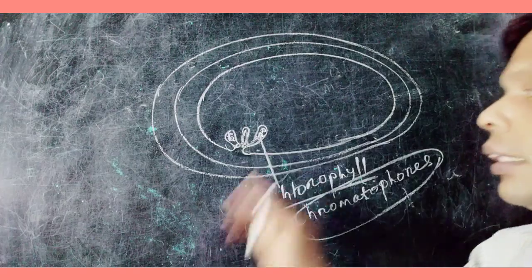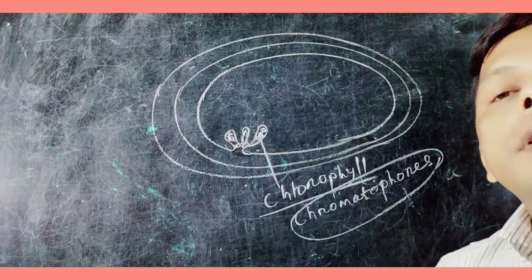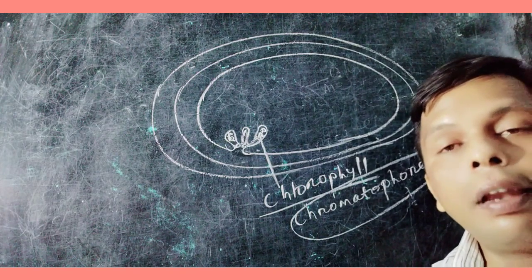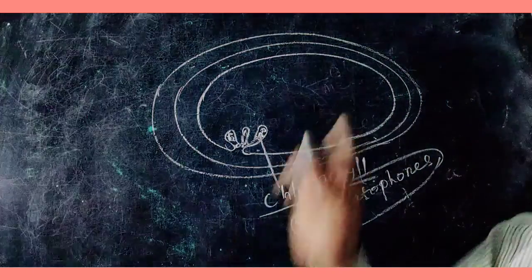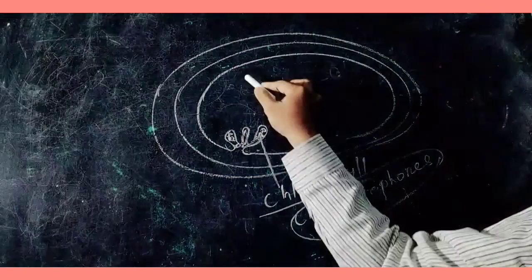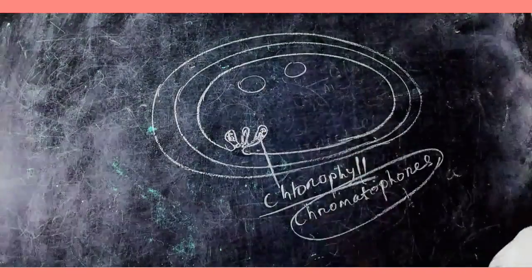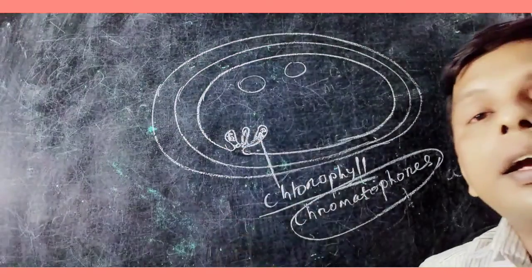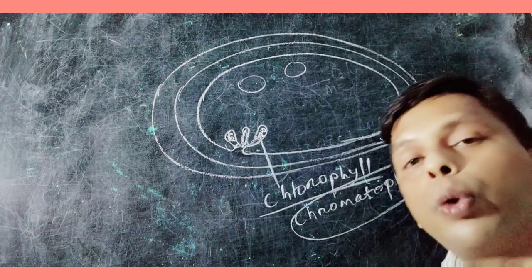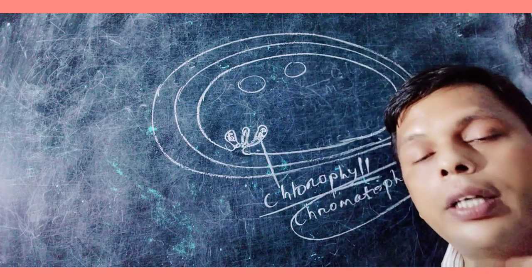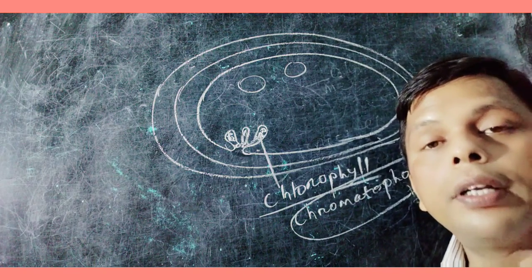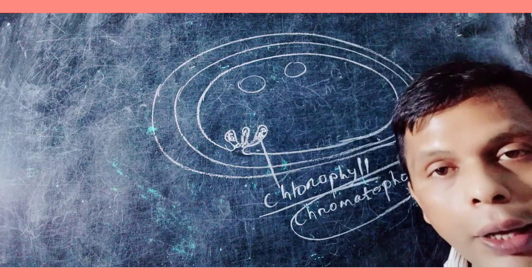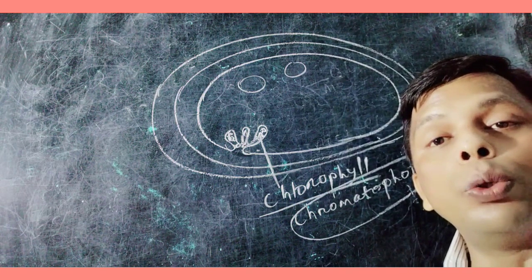Except chromatophore, inside its cytoplasm there are some inclusion bodies. What are inclusion bodies? In case of eukaryotes, there are specific compartments. In the cytoplasm of eukaryotes, small compartments are found. A compartment helps in storage of ATP, storage of food, storage of carbohydrate, storage of protein, storage of lipid, but these compartments never occur in prokaryotes. In prokaryotes, these are called inclusion bodies.